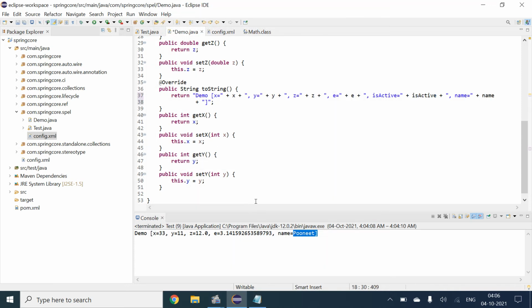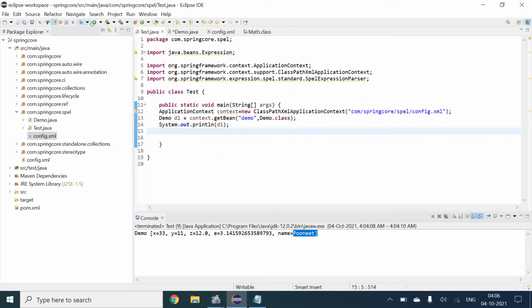So now what we will do is I have given the boolean true or false. So isActive is false. Basically, this is showing that it is the false value.